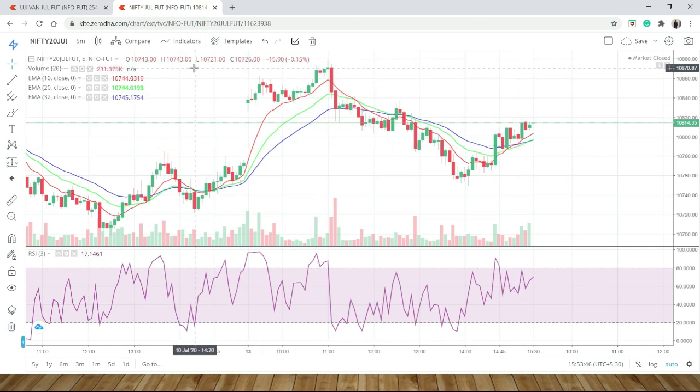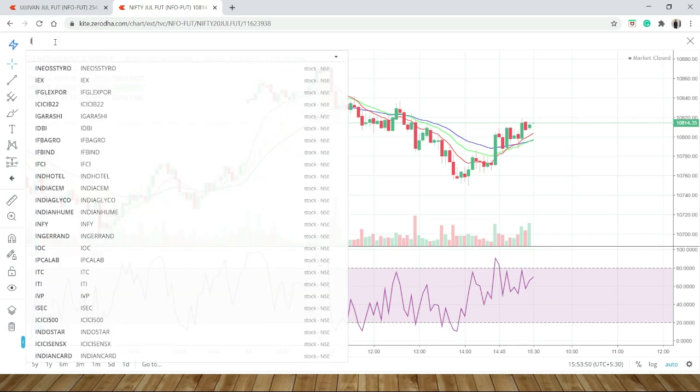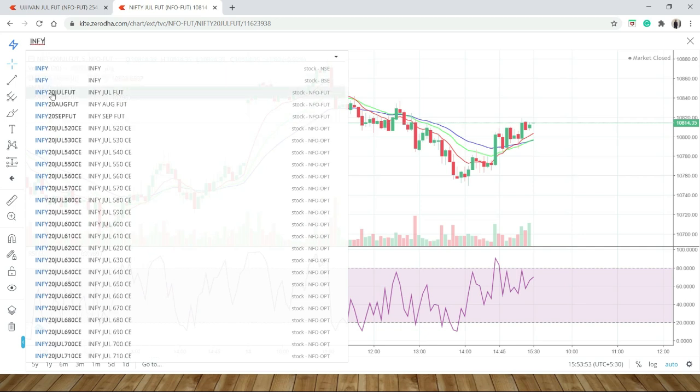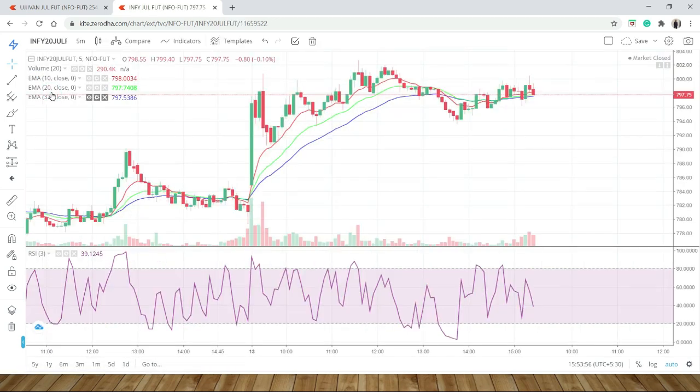So this is an index. You can also trade in stock futures also. I'm taking one example, INFY. Generally I make a group of 15 stocks and 2 indices. I take a trade with this setup only for 15 stocks and 2 indices, because I am not tracking each and every stock. So I will watch this setup for these 15 stocks, and if I get the setup, then I will take a trade. So let's see the example of Infy.